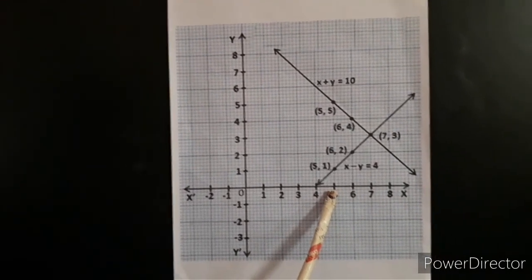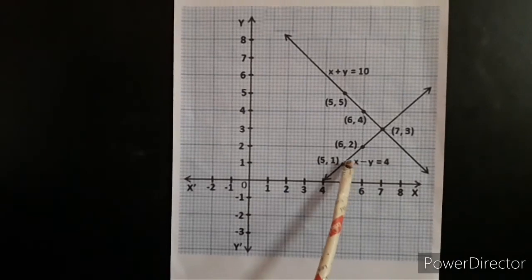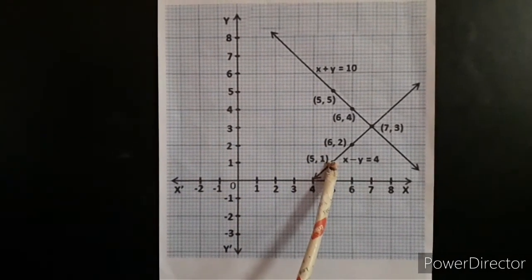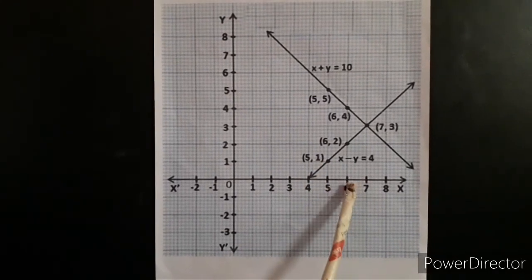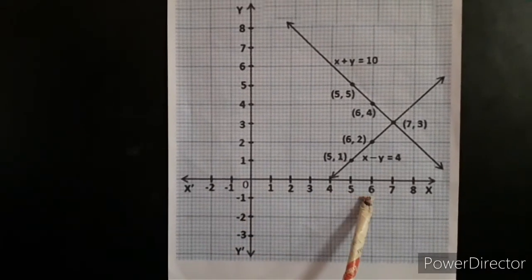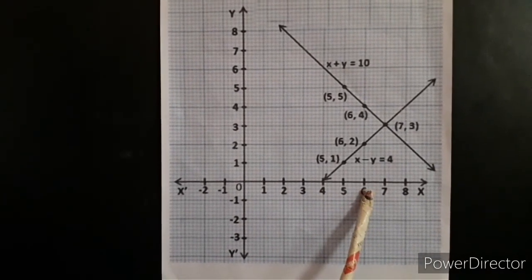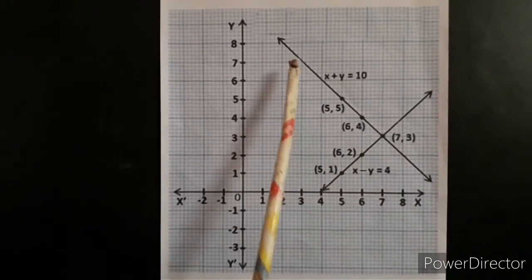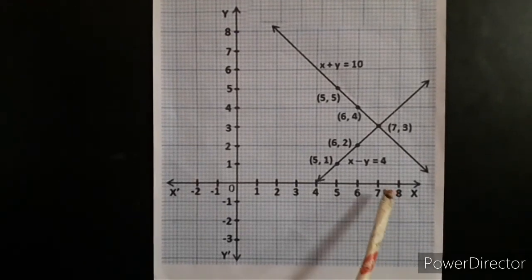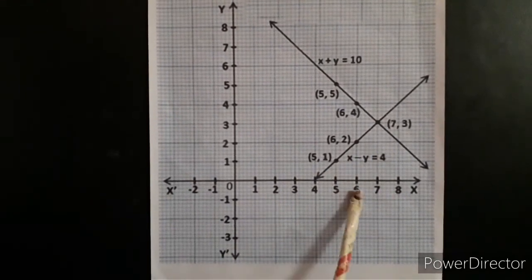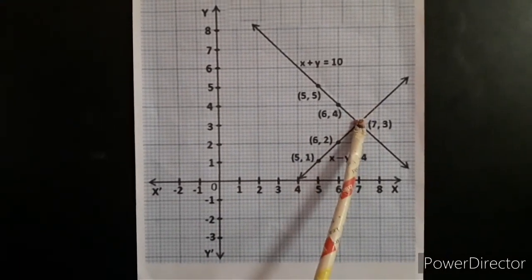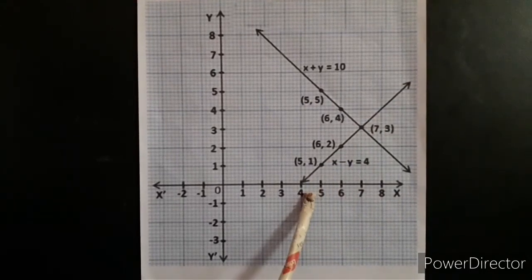Now we should move to the second tabular column, where the x value is 5. We should move 5 units, then 1 unit upward along the y axis, 5 comma 1. The second point is 6 comma 2. The 6 is the x coordinate, which should be moved right of the origin 6 units, and 2 units along the y axis upward. Then the third point is 7 comma 3. 7 units along the x axis and 3 units along the y axis, that is the point 7 comma 3. Join them with a straight line.